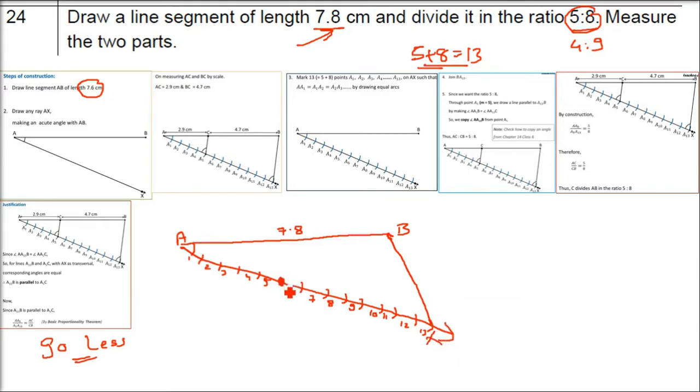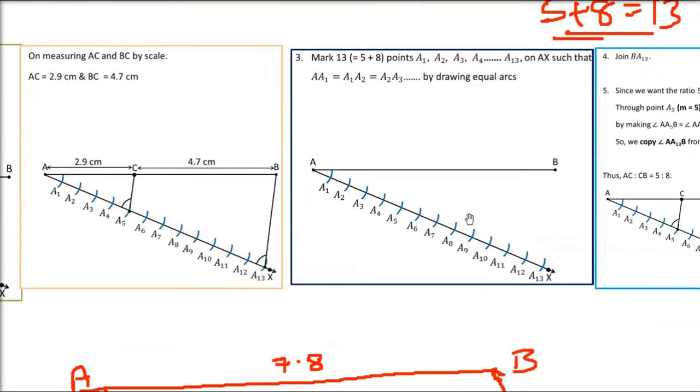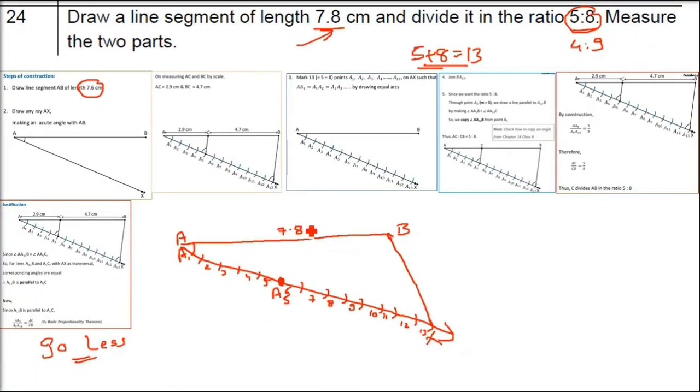So we are drawing, you know how to draw a line which is parallel to BX, okay? So now you will draw a line which is parallel to this BX. Just let me show you. You have to write it like this. A1 till A13 you have to write. You have to cut also, show the construction to the examiner, and then draw a line which is parallel to this BX.